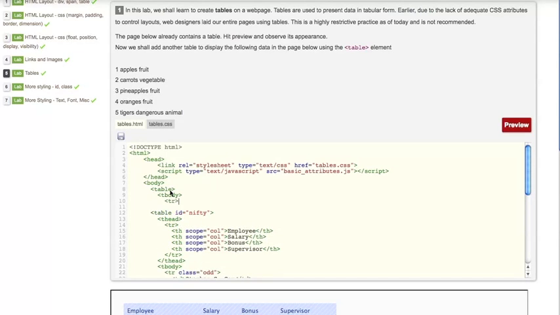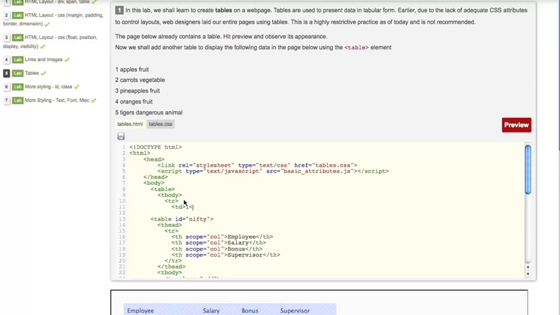So the table begins with the table start tag. The data that you want to present in your table is contained in the tbody element, so it starts with the tbody tag and it will also end with the tbody tag. Every row in your table starts with the tr tag, right? And within a row you have cells, right? So if there are 3 cells in a particular row, which is what we have to do, we shall add a td tag for each cell.